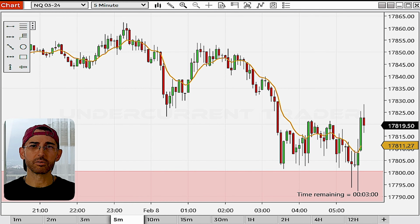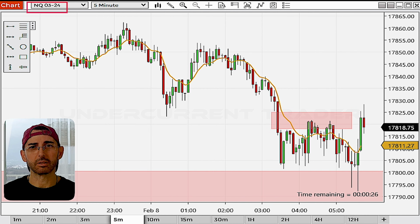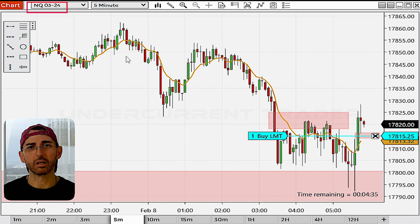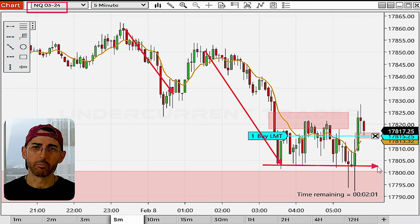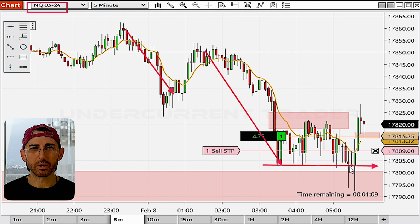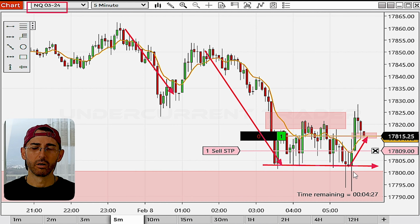And now, after looking at this 5-minute NQ time frame and evaluating the price trend, it seems like the short-term decline is almost done, thanks to this bounce off of the 803 level. In my opinion, this reversal pretty much confirmed that we had hit the bottom of this range. Also, another reversal argument is that